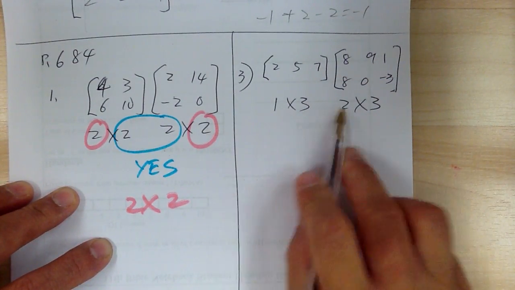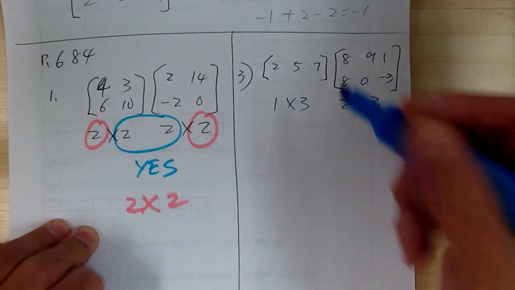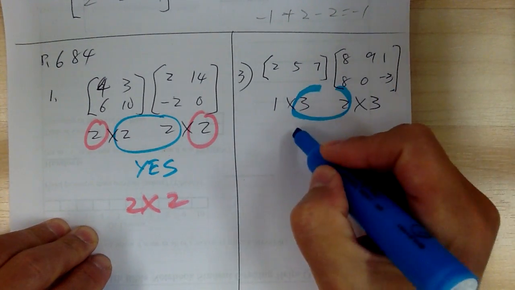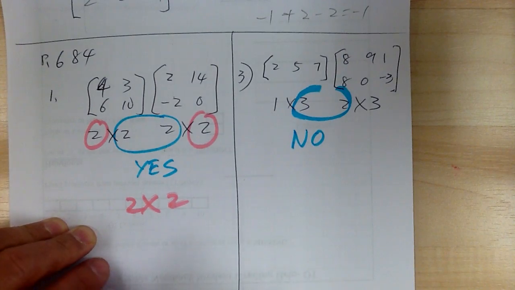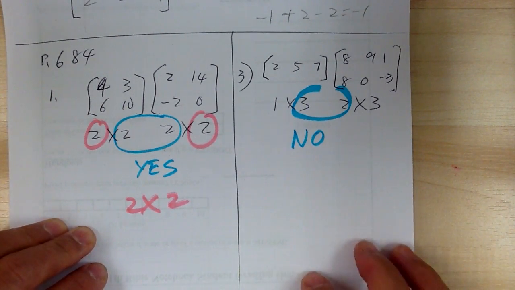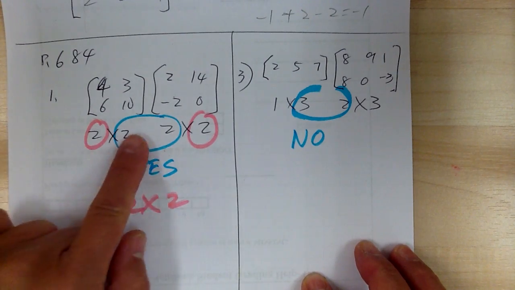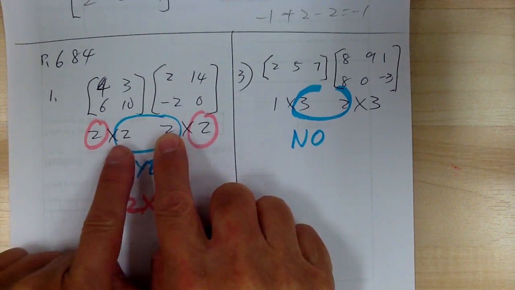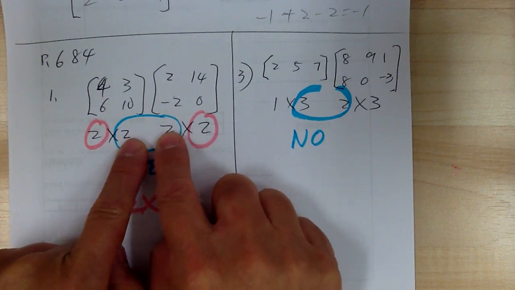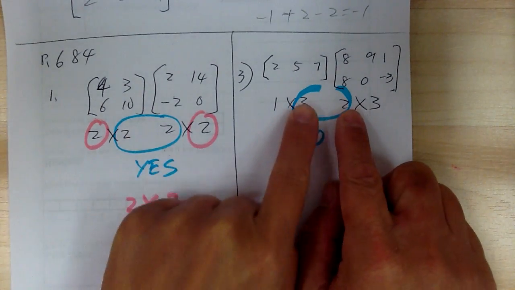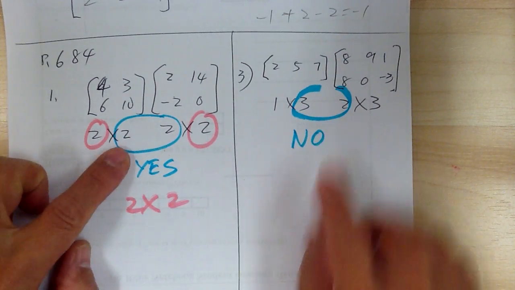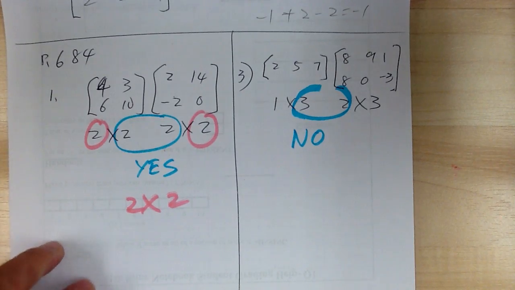The inner numbers don't match. See that they don't match? That means no, you cannot multiply. Okay? So again, that's how you can tell if you can multiply or not. Right? Write down their dimensions, and if the inner numbers match, that means yes. If the inner numbers don't match, that means no. If they match, and then you can